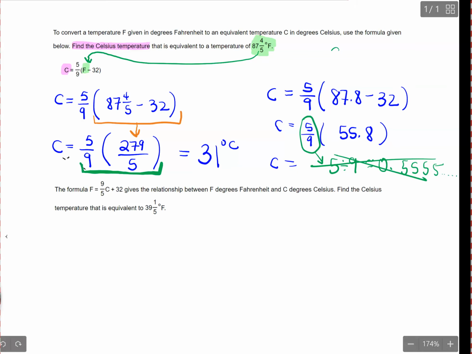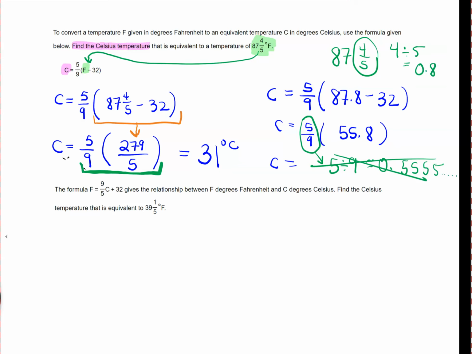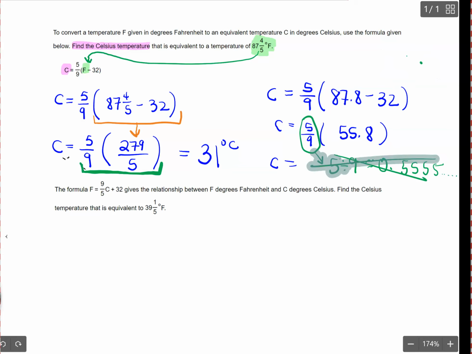But you know, when I did 87 4/5 in my calculator, or if I do 4 divided by 5 in my calculator, I get a nice pretty terminating decimal, just 0.8, and that's it. That's allowed. But if I type 5/9 in my calculator using my fraction button, and then multiply it by that decimal, it gives me a whole number. It gives me 31. So we could have,